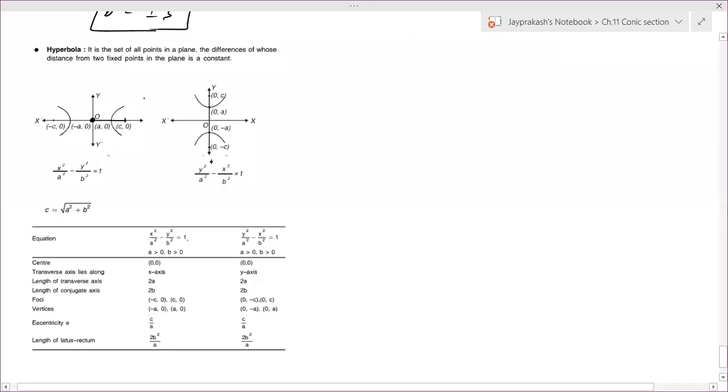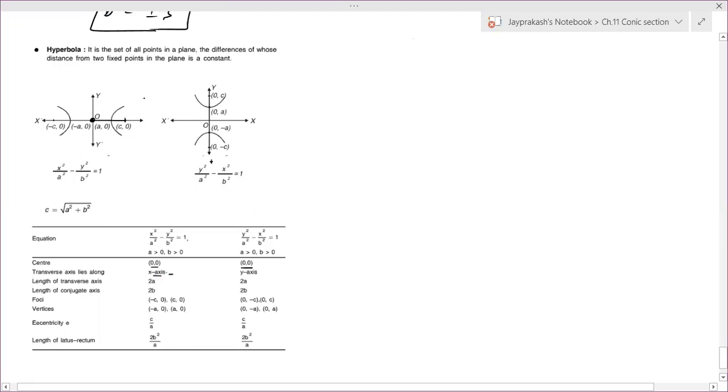So if we talk about the different terms of the hyperbola, the first one is the center. Now our center is situated at the origin, that is 0, 0. So that's why we are using the center as 0, 0. Now in the first case, x square is written as the first term, so we have the transversal axis, that means the hyperbola will expand on the x-axis.